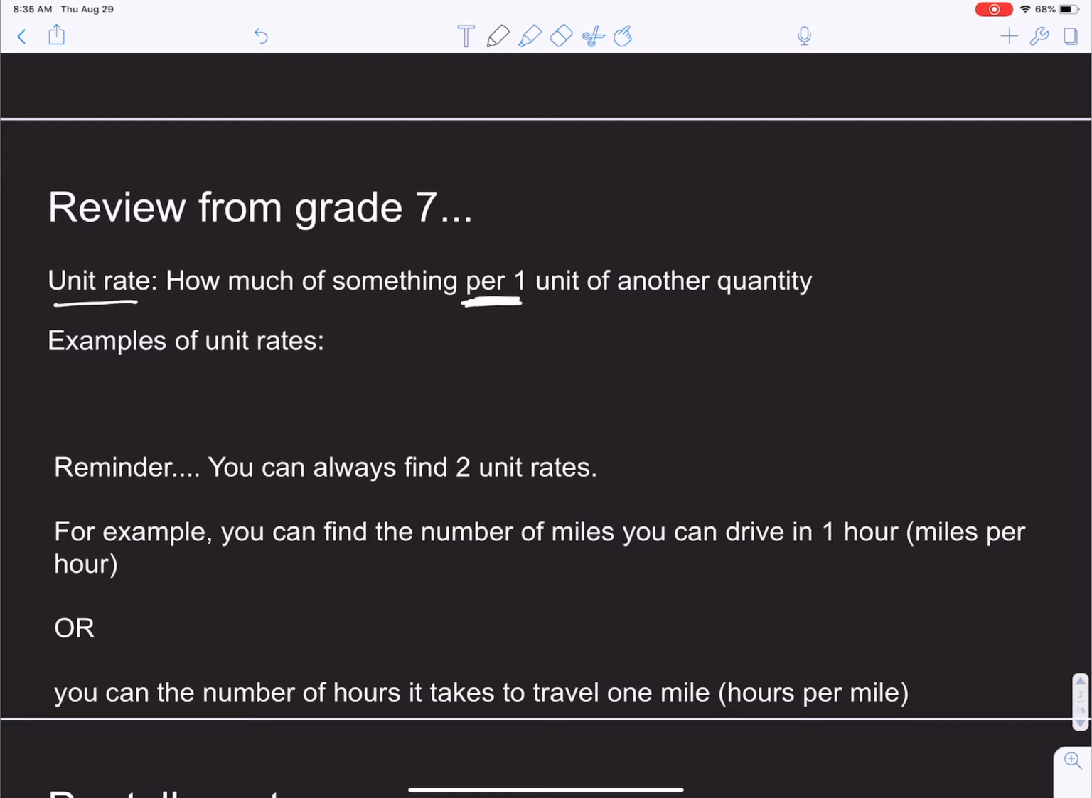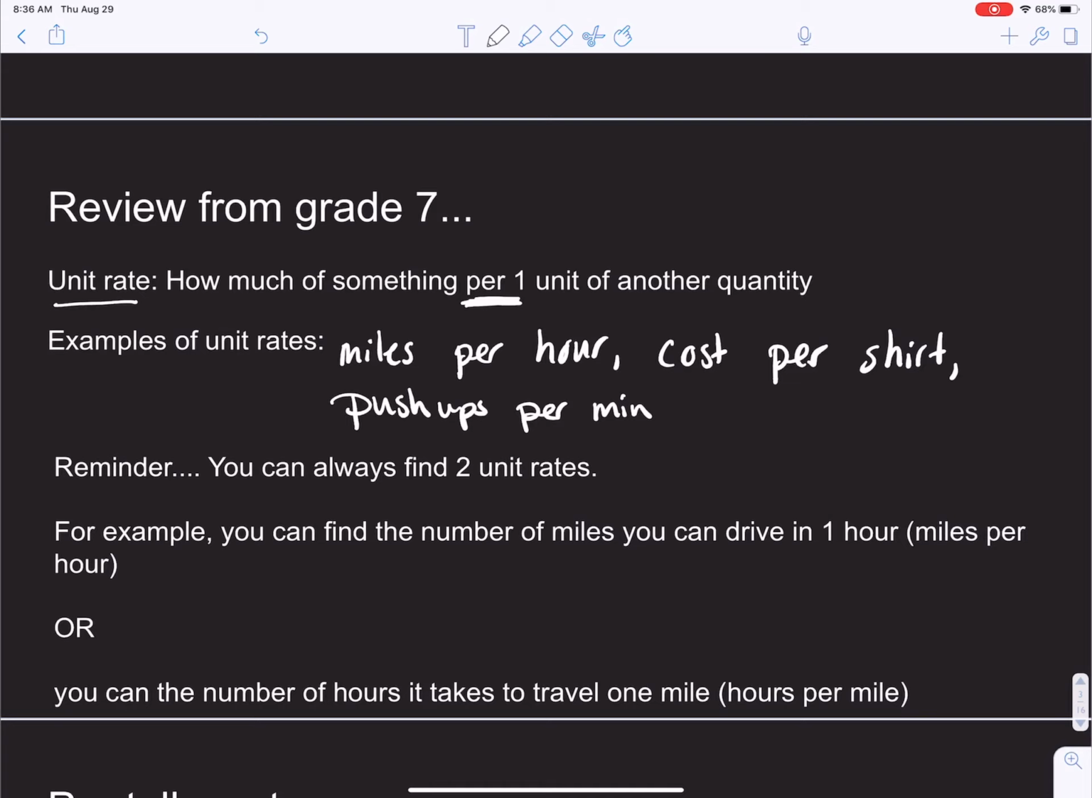Some examples of that are miles per hour and cost per shirt. There really we could measure anything. If I were trying to do a lot of push-ups, maybe I'm looking at how many push-ups I can do in 1 minute, and that would be push-ups per minute. When we're finding unit rates, remember every situation we could actually find two. I could find the number of miles I could drive in 1 hour, miles per hour, or